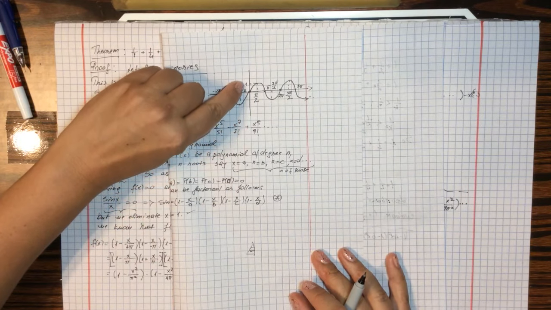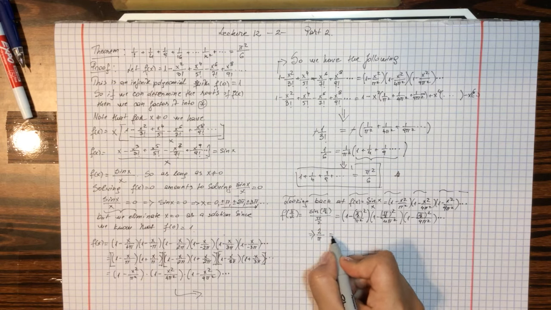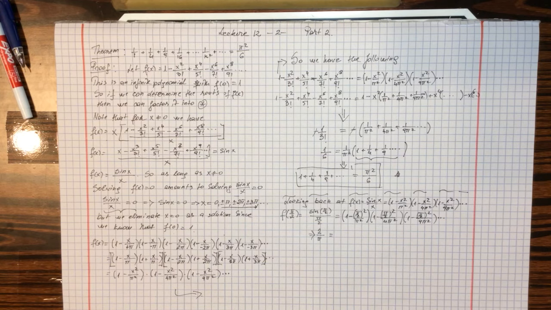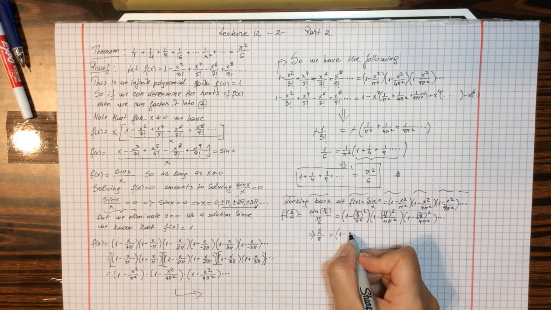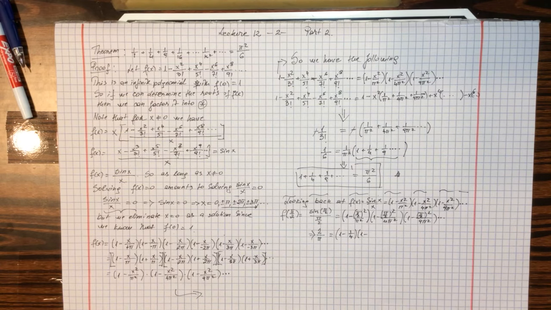Sine of pi over 2 is 1. So 1 over pi over 2 is 2 over pi. So we're saying that this is equal to, well, you will have here pi over 2 over 4 over pi over 2. So pi over 2 will cancel with pi over 2, and you will be left with 1 minus 1 over 4 times 1 minus